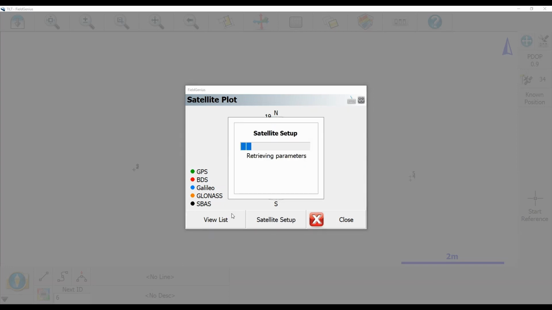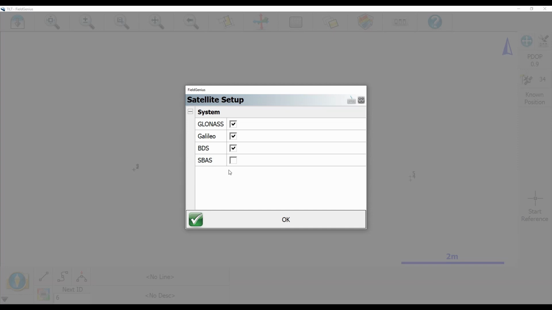When I click that, it's going to open up my satellite setup menu here. You can see that I have GLONASS, Galileo, BDS, which is the Beidou constellation, all checked, and the SBAS one is unchecked. I'm going to turn off BDS because of the new Beidou satellites, and if you haven't seen my video comparing the difference between the 321 and the 631, I go into a bit more detail on why this is the case there. The new Beidou constellations put out a lot of information that these older message types tend to get overwhelmed by. So I'm going to turn that off by unchecking it,